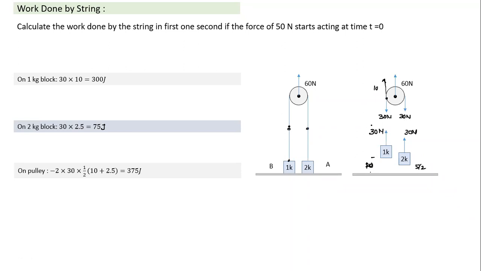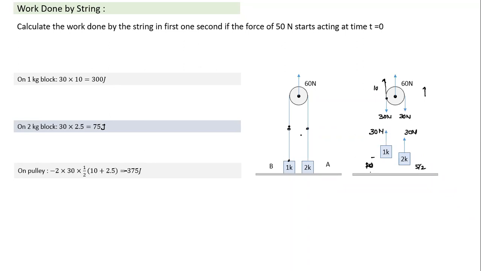If you are not comfortable, we can think of it as the string going around the pulley. Let's calculate what work it will do on the pulley. If you have to calculate work done on the pulley, this is the force acting on the pulley, because the string is running around it and only three objects it is connected to. So the pulley in this case will have a displacement equal to how much? The average of the two. So the displacement is (10 plus 5) by 2. So work done on the pulley, both the tension T and T, so 2 into 30, this is 30, this is 30, into the displacement of the pulley, comes out equal to minus 375. So if I add it up, net work done becomes 0, which makes sense.